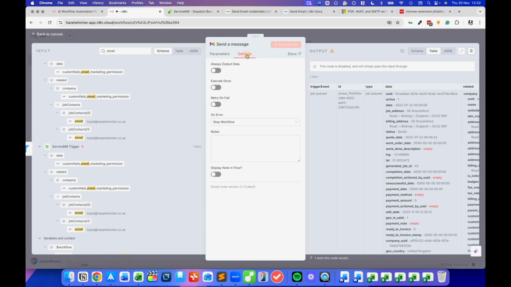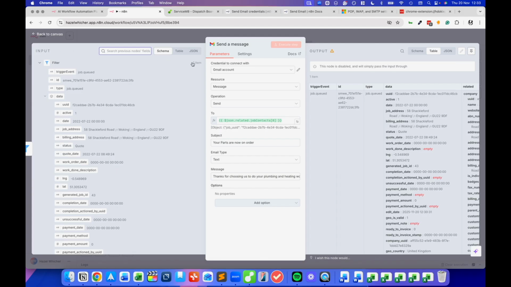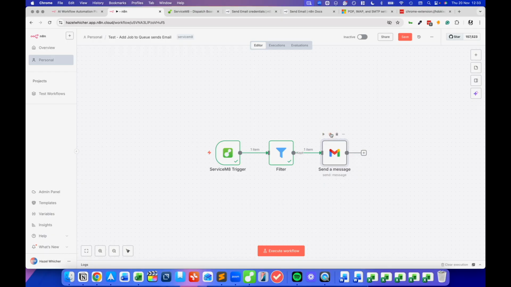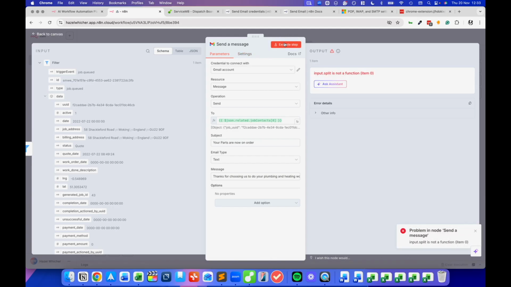So I think I've done enough. Let's just check the settings. Execute once. Okay, so I believe that's saved. I thought you could pin data so that you can reuse it, but I'm not sure how to. So I think I've filled out those settings. So if I hit back to Canvas and switch it on again, let's just double click into it again. Okay, we've still got our step. So if I hit execute step,